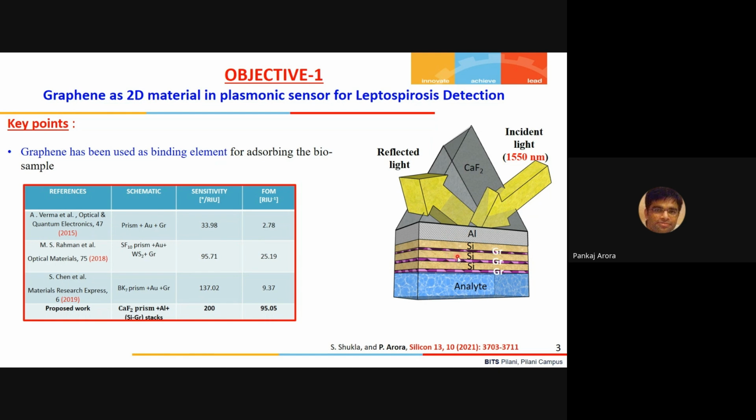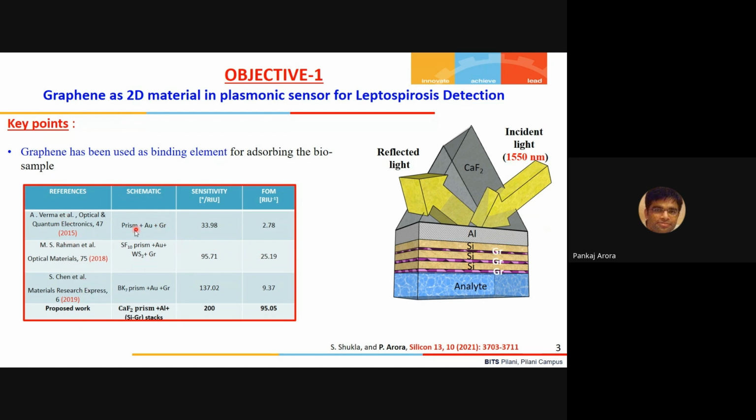Graphene, we know, is a 2D nanomaterial with higher absorption efficiency, so it can help us bind the biomolecule or any particular molecule to the sensing surface. Silicon, a high dielectric constant material, will help me to increase the sensitivity. So before going to the work, I'm just putting up a table to compare our proposed results with the previously